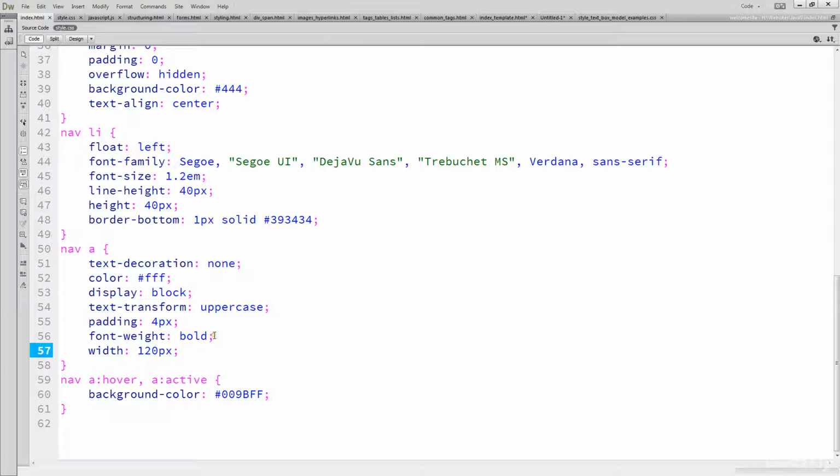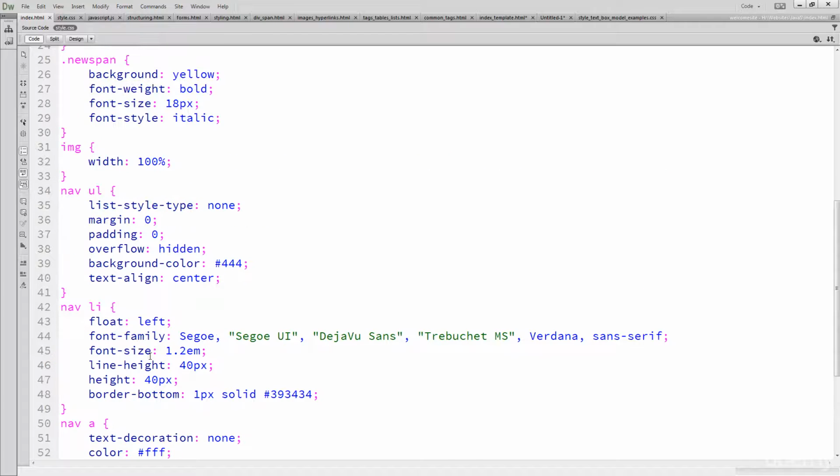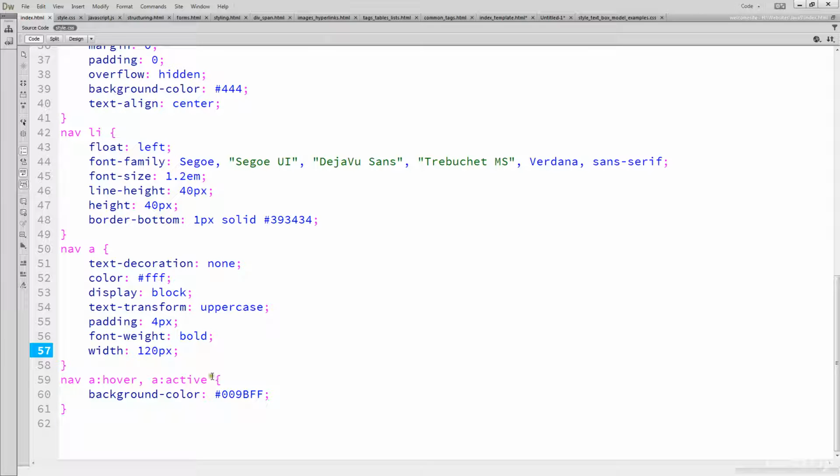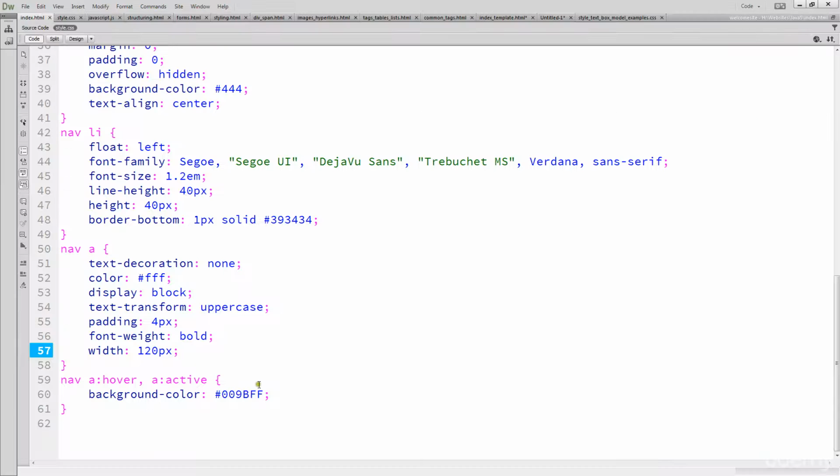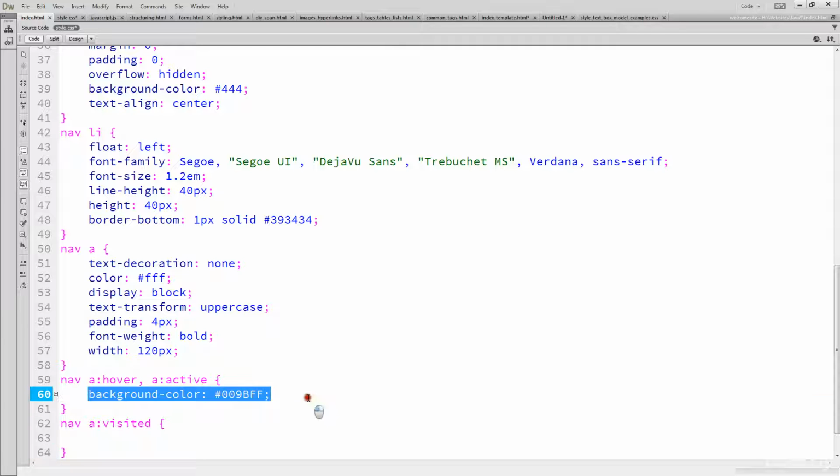Most commonly these are being used for links, and we can specify what we want to happen on a hover or on an active, and that gives us the ability that when we hover over it, it changes that background class. So this is what's known as pseudo classes, and we can really break that down, especially within links. If we had something like nav, we're going to group that nav again, and we've got a link that was visited,